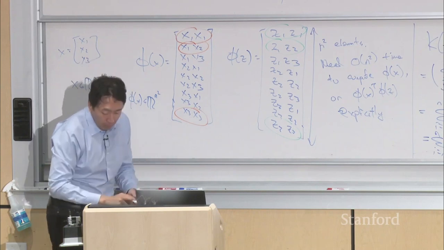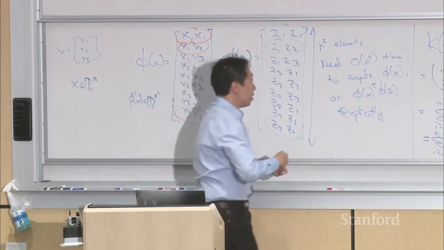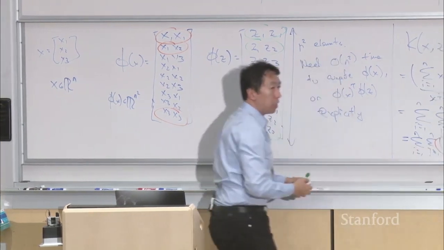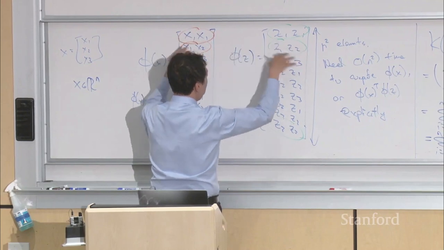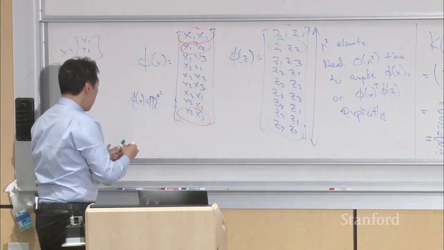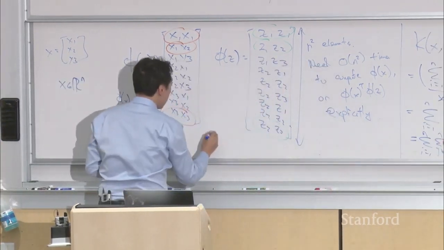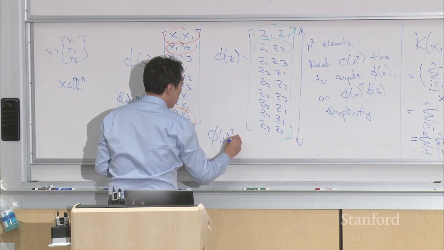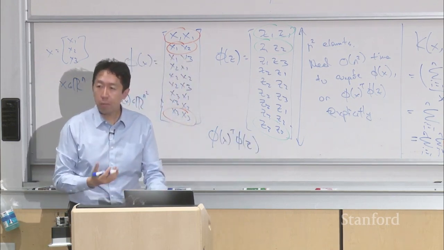So this formula is just marching down these two lists and multiplying and adding it up, which is exactly phi of x transpose phi of z. Okay, so this proves that